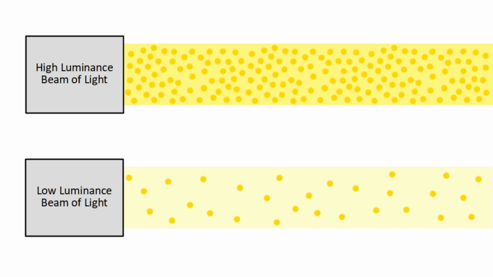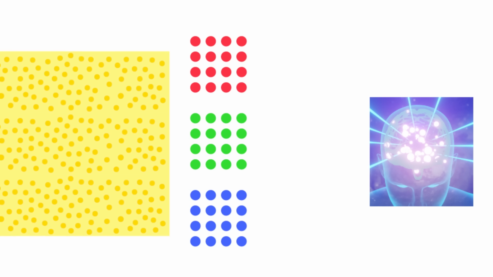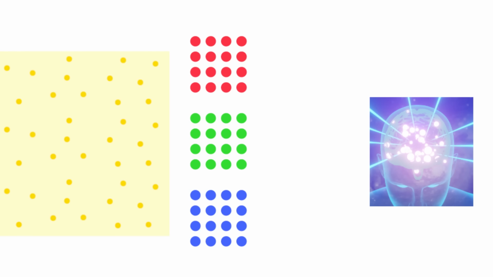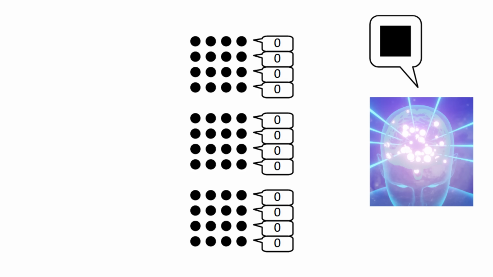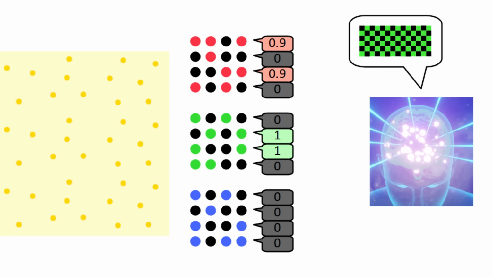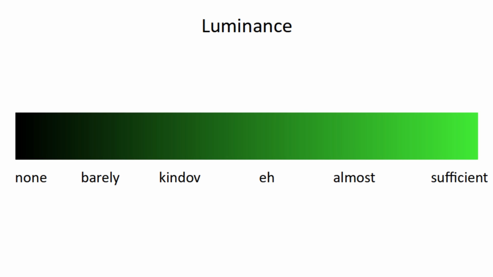The reason it affects color is that we have about 6 million cones per eye, so a single cone can't really do much on its own. With high luminance light, there's a sufficient amount of photons to activate every cone, so the brain sees the color fully. But with low luminance light, some cones don't get anything at all. If none of them got anything, the brain would see black, but when it gets mixed signals, it kind of mixes the two together to get a darker version of the color. Depending on the exact luminance, the color you see can lie anywhere on the gradient from the fully bright color